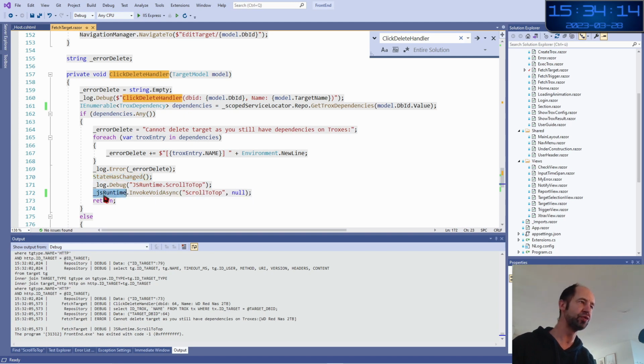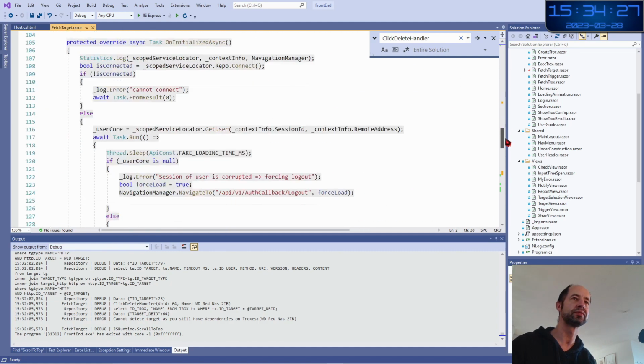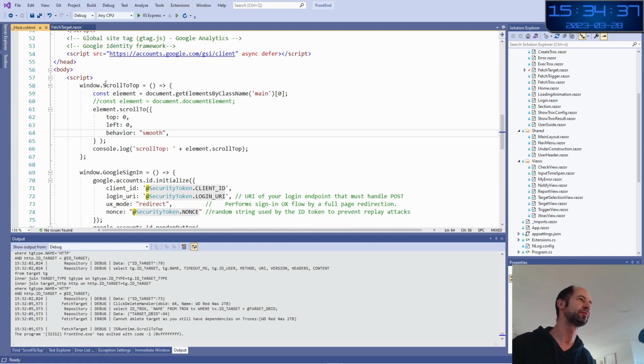To do this, you must use the JS runtime injected instance that you can obtain by injecting the IJSRuntime with this name here that I chose, and you invoke a method which must be defined in the host HTML file.